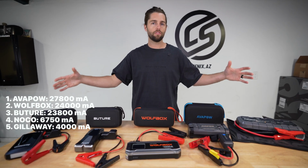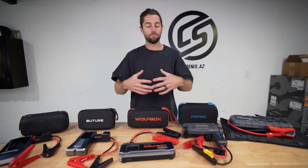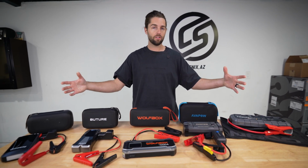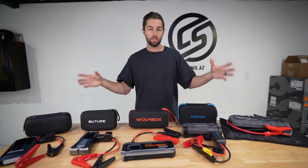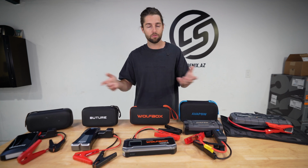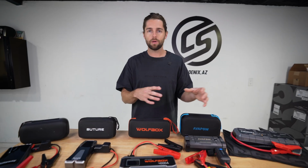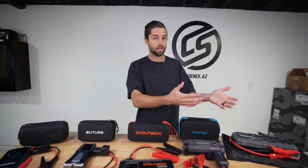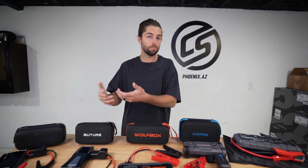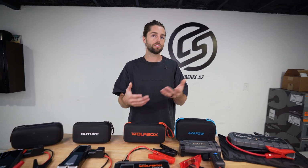So that part really confuses me when it comes to pricing and what you get for the money and how drastically different some of the battery sizes are, even when this is the most expensive and it has the smallest battery capacity. So let's keep going through some details to understand which one might be the best value, because that really was alarming to me. Knowing the capacity of each battery will give you an idea of generally how many times you can jumpstart a car before the battery in these dies itself and it needs to be recharged, which leads us to our next little comparison,